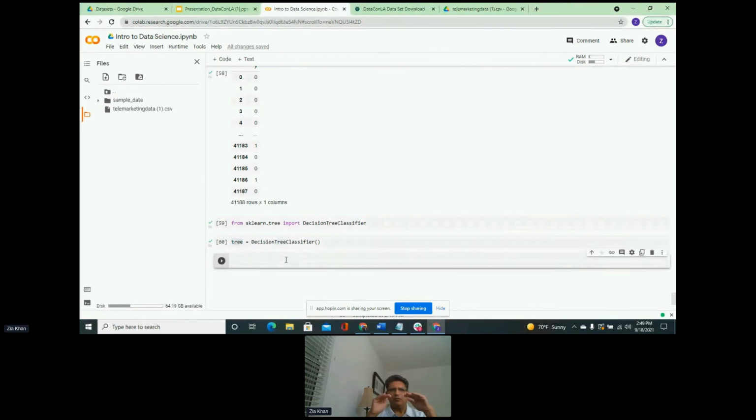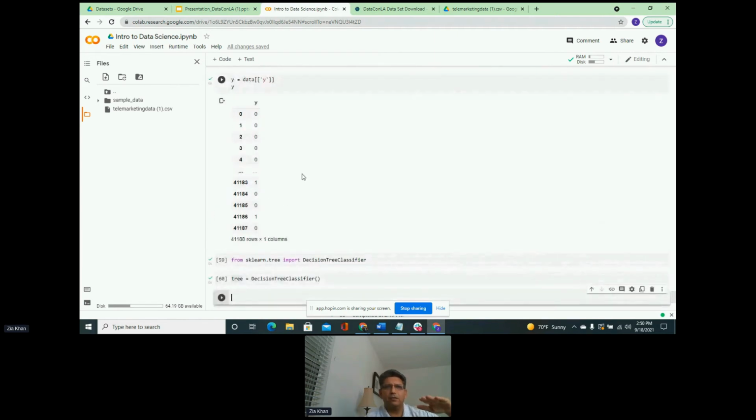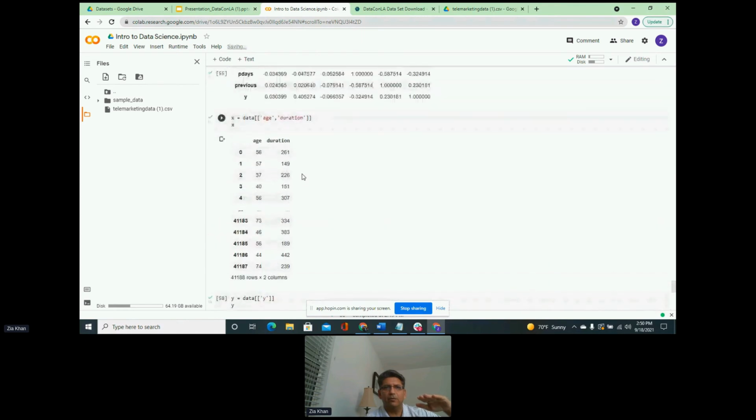In this object, what we are going to do is pass our independent variables, which is X, and our dependent variable Y, row by row. And we will tell the algorithm to learn that, okay, in the first row, and if I scroll up a little bit, okay, this is becoming a little bit more challenging than I want it to be.